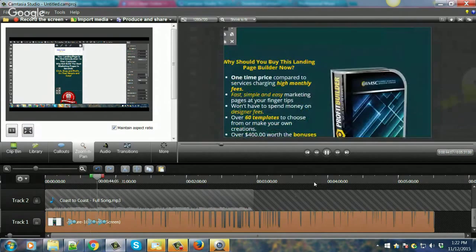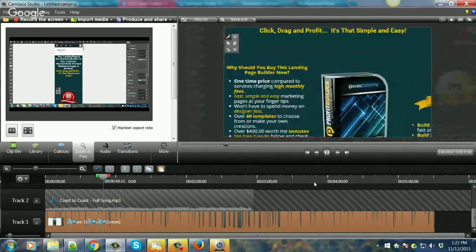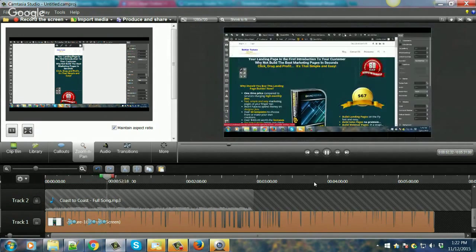So that's how you kind of zoom that in and out. If you want them to see something important, then you just click that thing and it's going to zoom back real nice for you. And